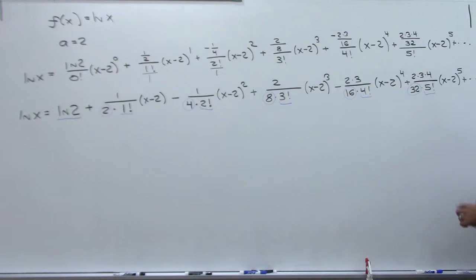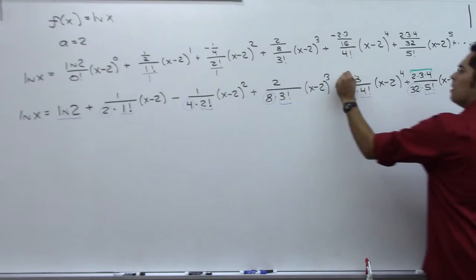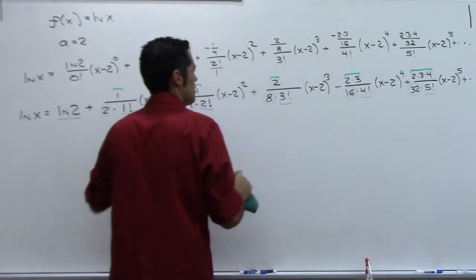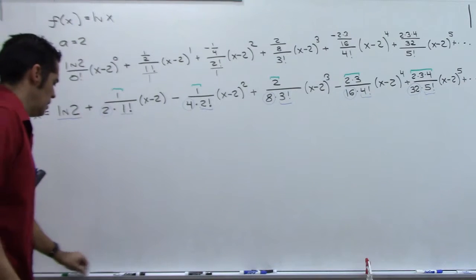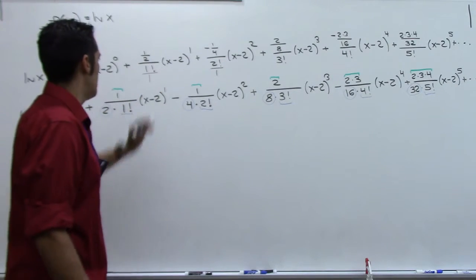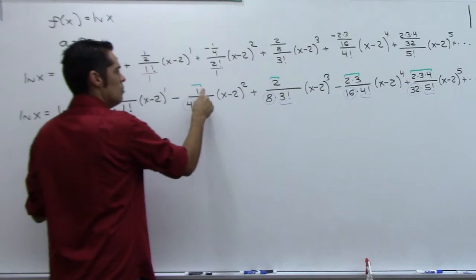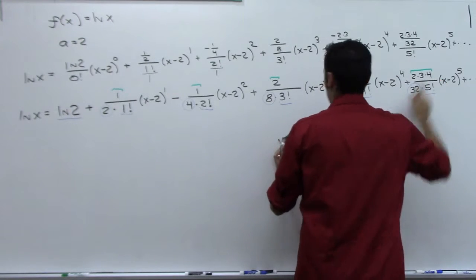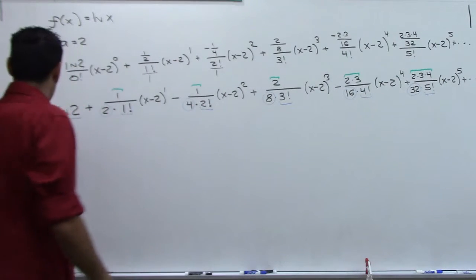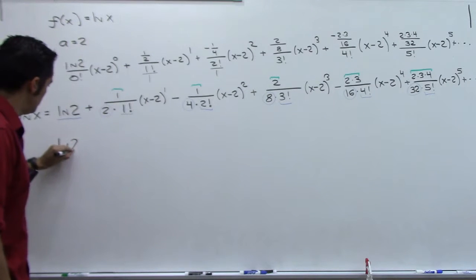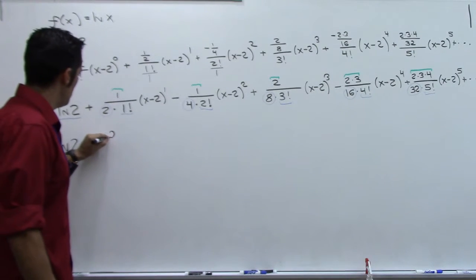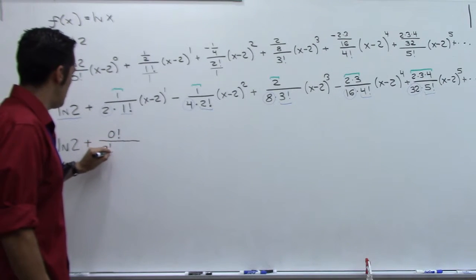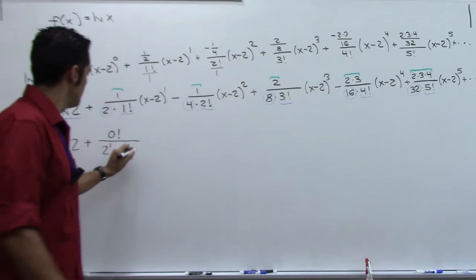And then in the numerator, these were factorials, but they were always 1 less than the power out here. So this is 0 factorial, 1 factorial, 2 factorial, 3 factorial, 4 factorial. So with that in mind, let me try and rewrite everything again. This is natural log 2 plus 0 factorial over 2 to the 1st power times 1 factorial